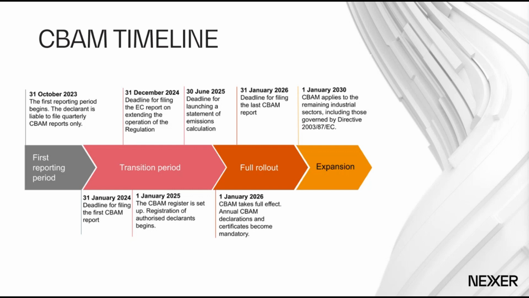There are a number of sectors that have been identified already, and more will come. It is expected that by the 1st of January 2030, all product areas will be included in this setup. Right now it's about fertilizers, iron and steel, and a few others. Be mindful that it requires a lot of data, and most of it is actually master data.